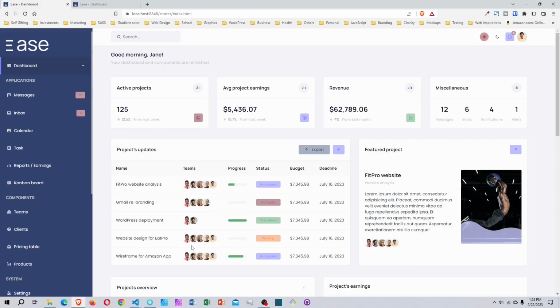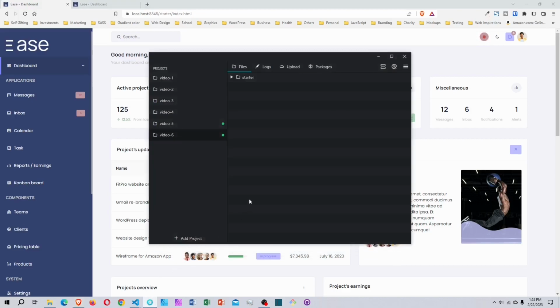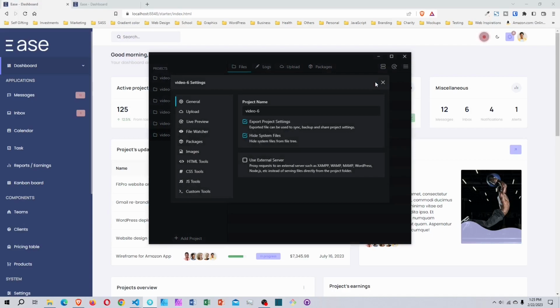folder from GitHub, you can open up your Prepros. So we're going to be using Prepros to compile our SASS into regular CSS. There's also a link in the description where you can download it. Be sure to bring up your video folder. Inside of that, you will see the starter folder right here. Okay, as you can see right here, go to this menu icon and select project settings right here, and